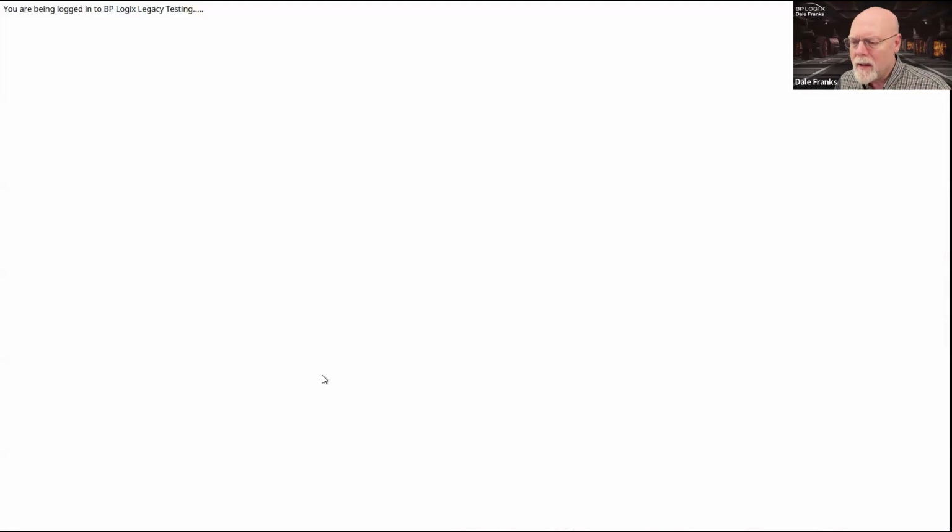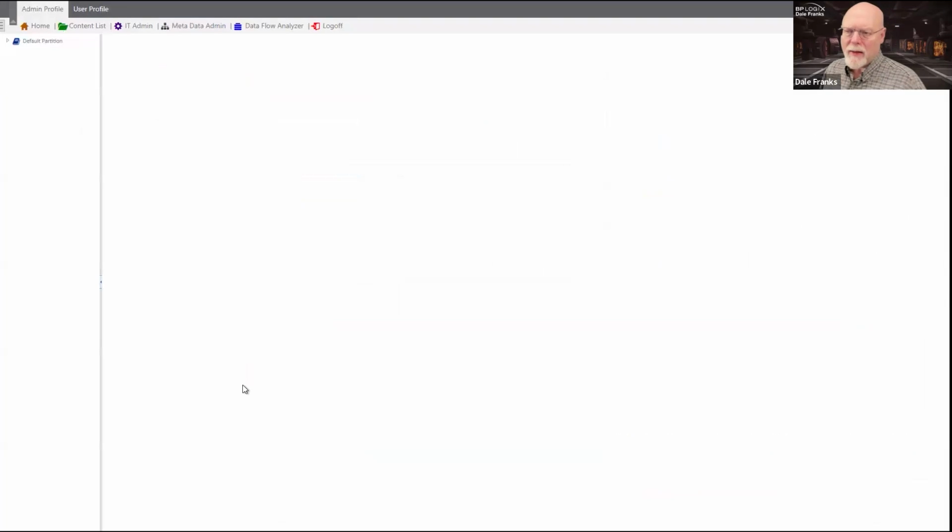And we'll go ahead and log into that one. The UI obviously is fairly different. The UI in version 5 dates from 2015, 2016, so it is a little bit dated at this point.